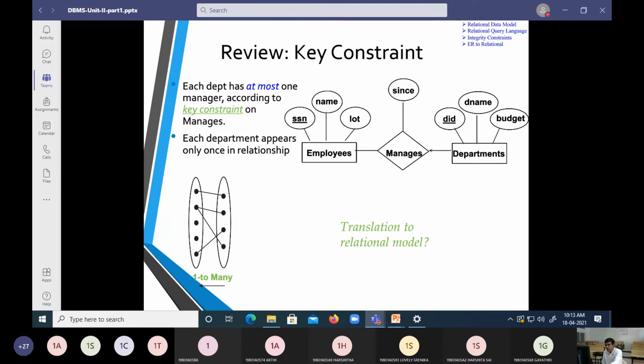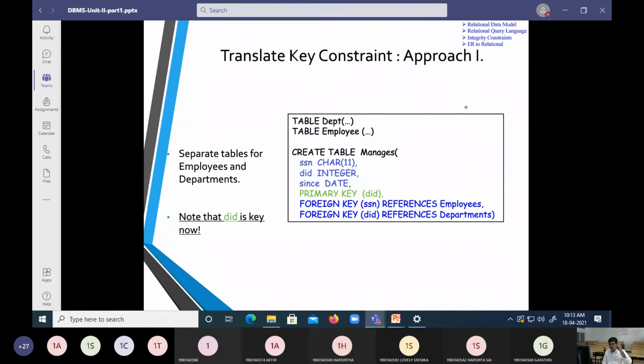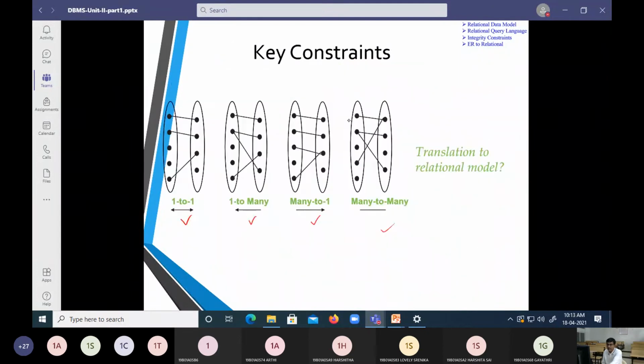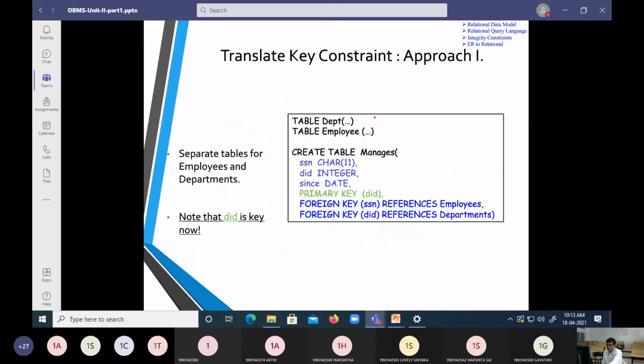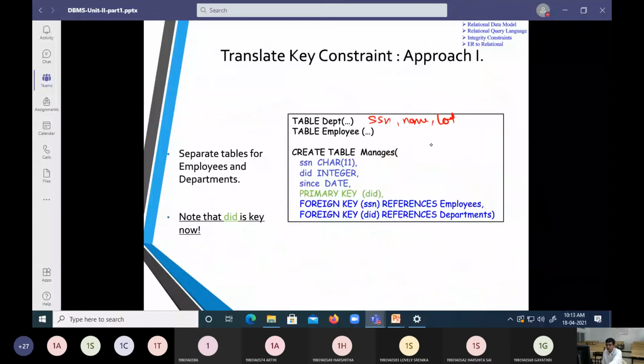Now, how are we going to put the elements, how are we going to derive this relation in the relational model? I am going to take up the employee table. It is SSN, name and lot. Next I am going to have a department table.